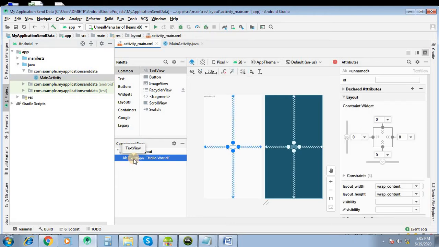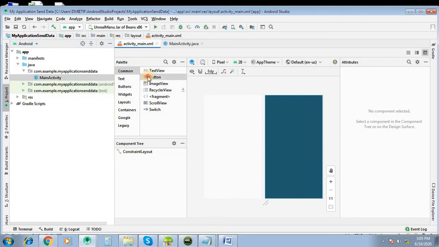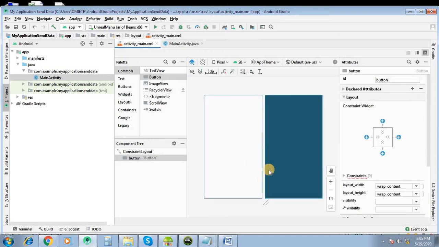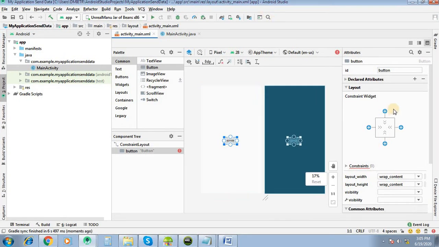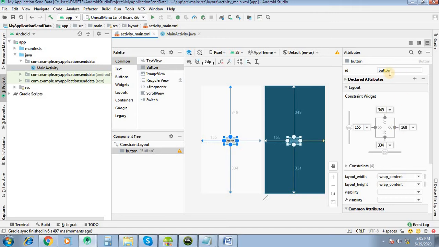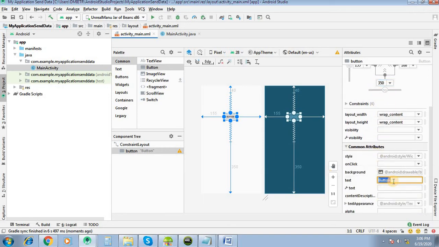We will delete this text view and simply add a button. Set the coordinates for this button, and set its text to "send value".